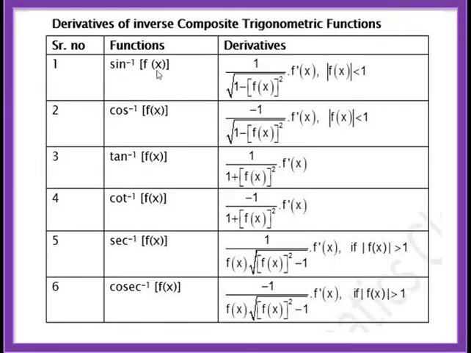So if I replace f of x by u, then y becomes sine inverse u. What is the derivative of sine inverse u? See, d/dx of sine inverse x is 1 upon root 1 minus x square. So it will be d/du of sine inverse u. It will be 1 upon root of 1 minus u square. I have taken u for what? f of x. So it is 1 upon root of 1 minus square of f of x into du dx by chain rule. That is into the derivative of f of x, which is what? f dash of x. Is that clear? Similarly, for the remaining 5 inverse trigonometric functions.